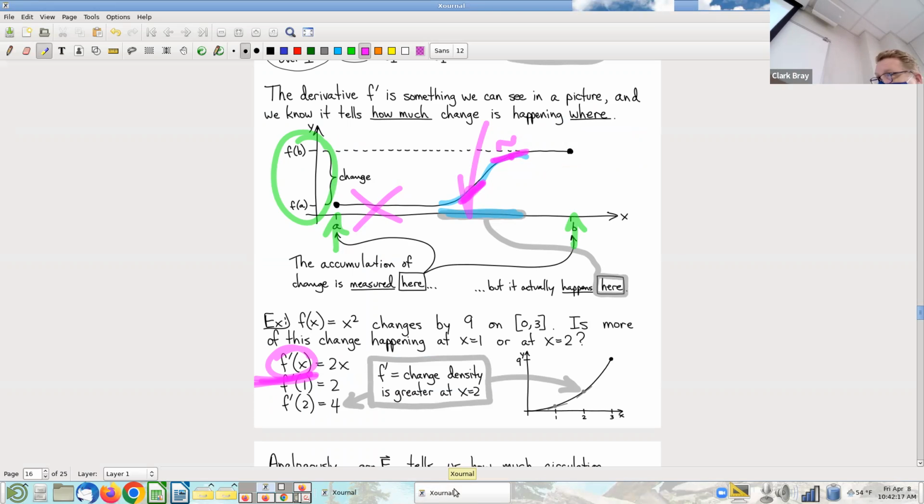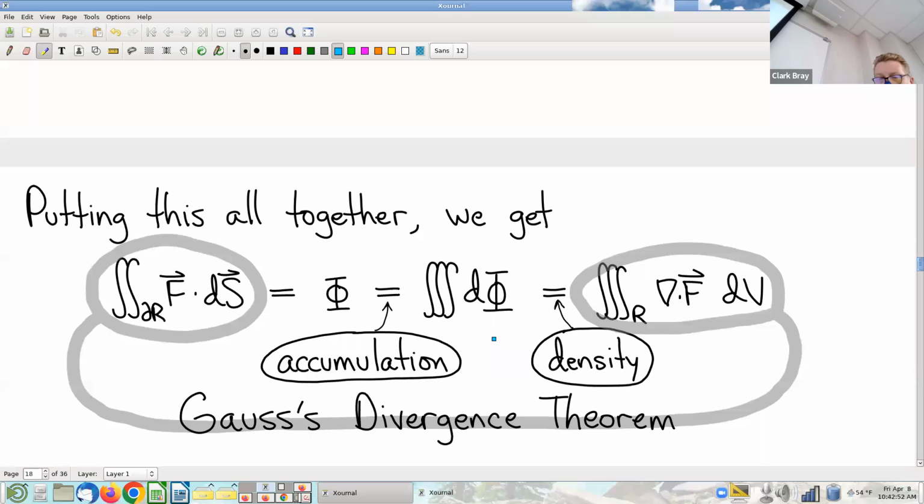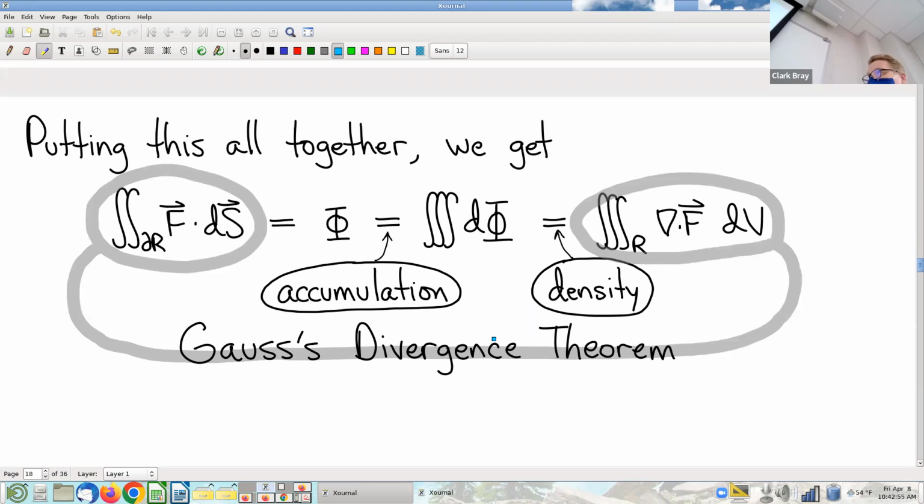So the intuition that you have, which I know you have excellent intuition for how change adds up over time, and the derivative is literally capturing how much change is happening, right? That intuition that you have for the derivative's role in accumulation of change and the derivative's role in the fundamental theorem of calculus, which is what puts this all together. That's all perfectly analogous to what's going on here with flux and divergence. And ultimately, the big theorem we're about to write down, which is called Gauss's theorem, Gauss's divergence theorem, or sometimes